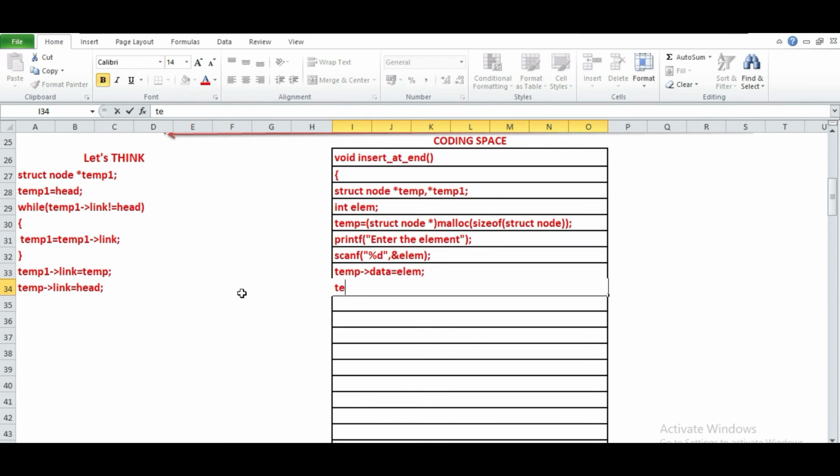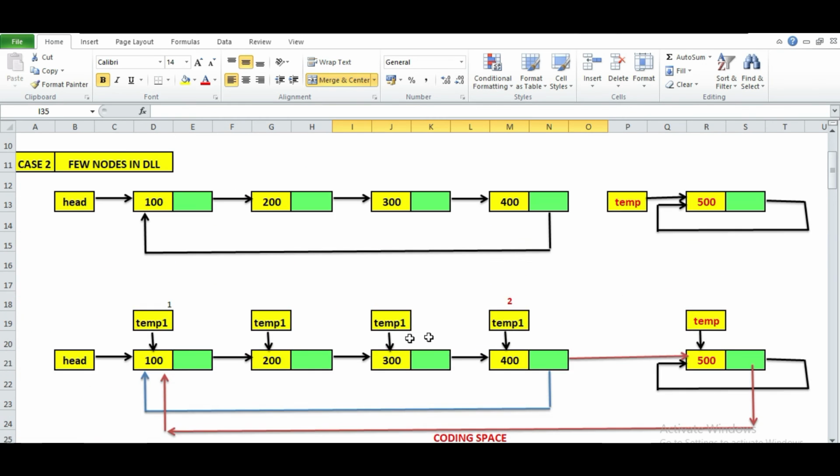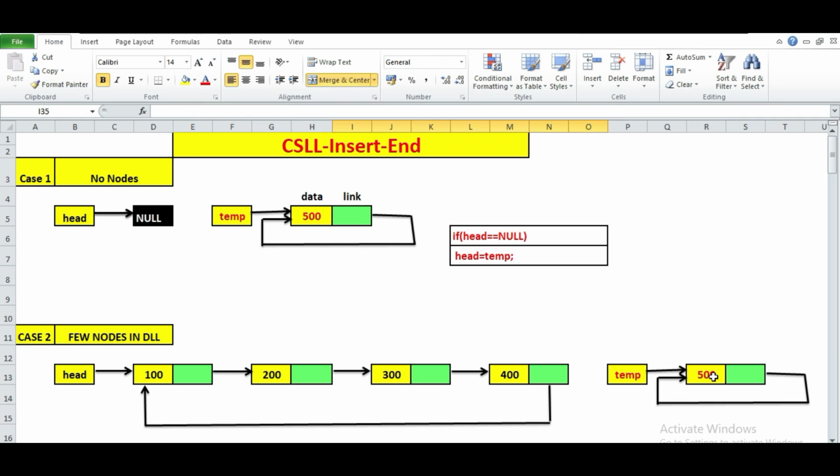Okay, so then it will become a CSLL. So temp's link equals temp. So we have created a node, we have given a value. Let us assume the value is 500, and then the link is having the address of the temp itself. So it's circular, right?